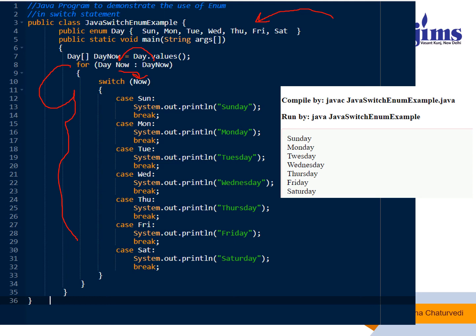Firstly it goes to Sunday, it prints Sunday, then Monday, it prints Monday, then Tuesday, then Wednesday, then Thursday, because it's a for loop. It will be executed for each and every day coming in one after another. This is an enum data type Day having different enumerated values which we have stored in an array. I suggest you try it, it is a very good example. I also told you that enum was not supported before Java SE 7.